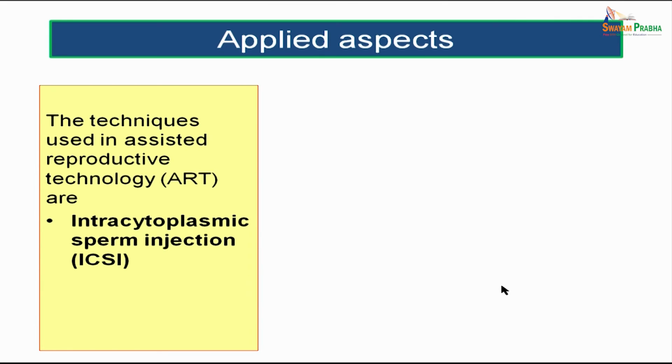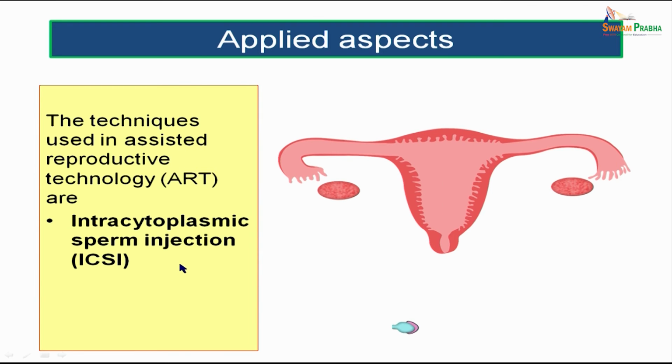Another technique used in assisted reproductive technology is known as intracytoplasmic sperm injection, or we call it ICSI. What we do in this process is we actually inject the sperm into the ovum, into the cytoplasm. That process is known as intracytoplasmic sperm injection, and the zygote or the embryo is again transferred into the